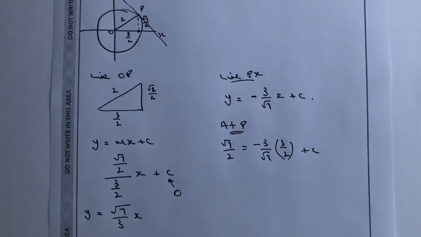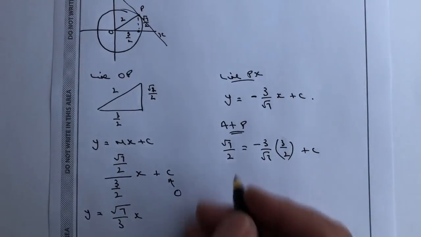If I work my way through that, I get root 7 over 2